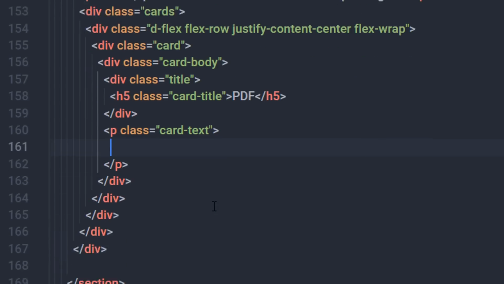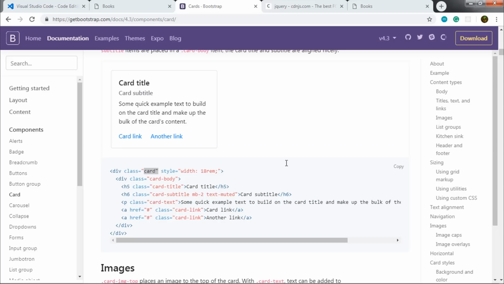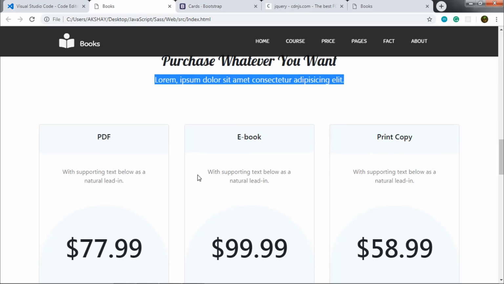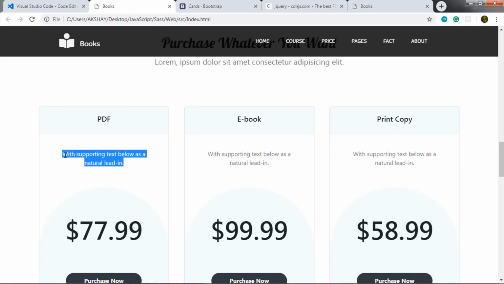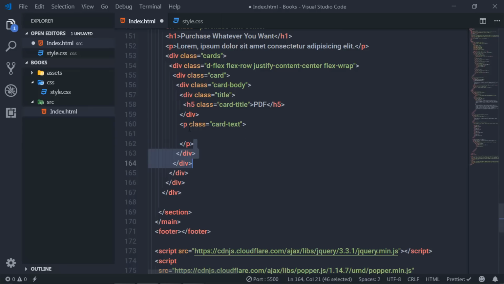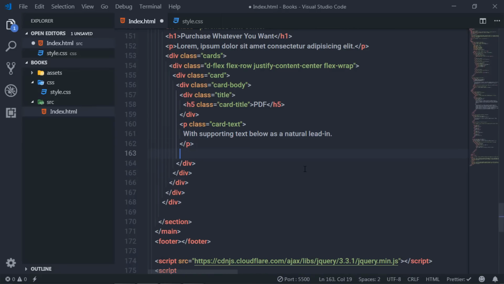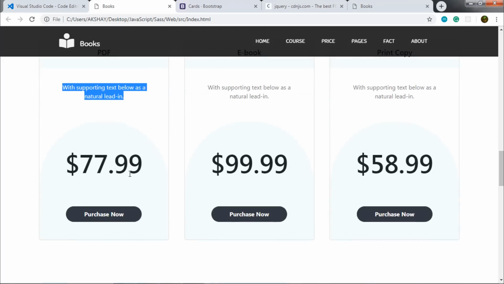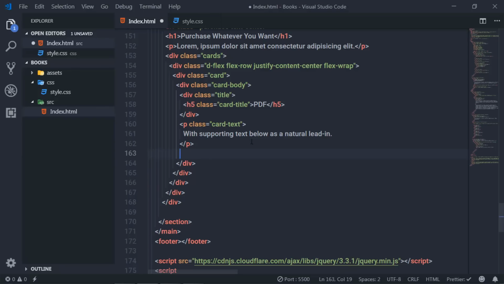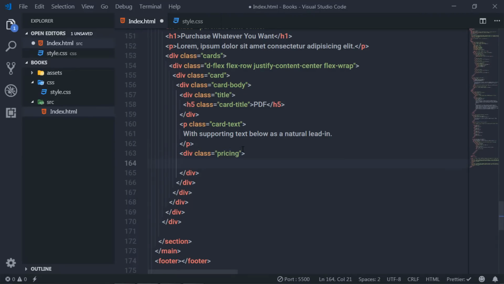Now just after that I will add some demo text here, so I will copy this text from this website and paste it here. And now just after this paragraph I'm going to create this pricing section, so I will add here a division tag and specify a class pricing, and just here I will add h1 heading tag and specify my price, so I will just add a $ sign and say